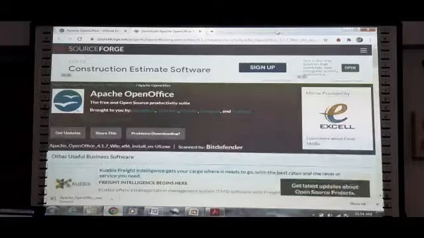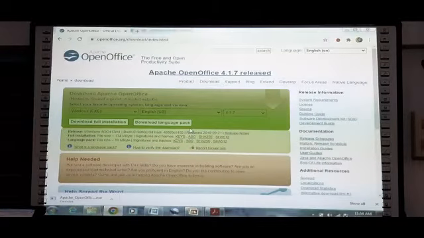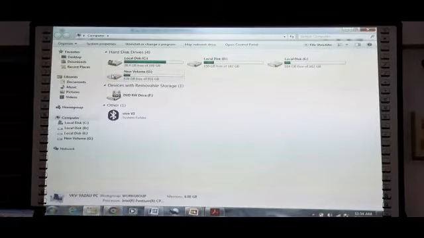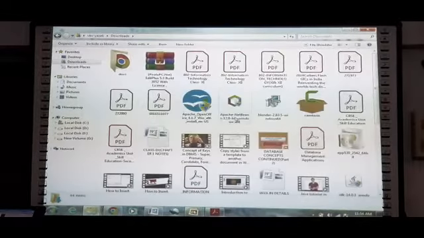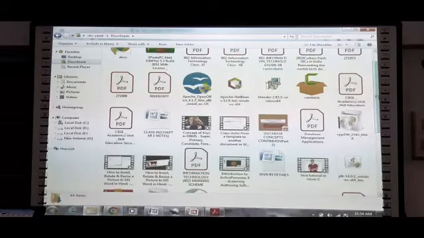Now once it is downloaded in your device, it will look like this. Let me go to C drive. Under the download option, you will be able to see the application which has recently been downloaded. That is Apache's Open Office, free and open source software for performing all our Microsoft Office applications. This is the application which has been downloaded. Now if you go ahead and double click, it is an executable file.